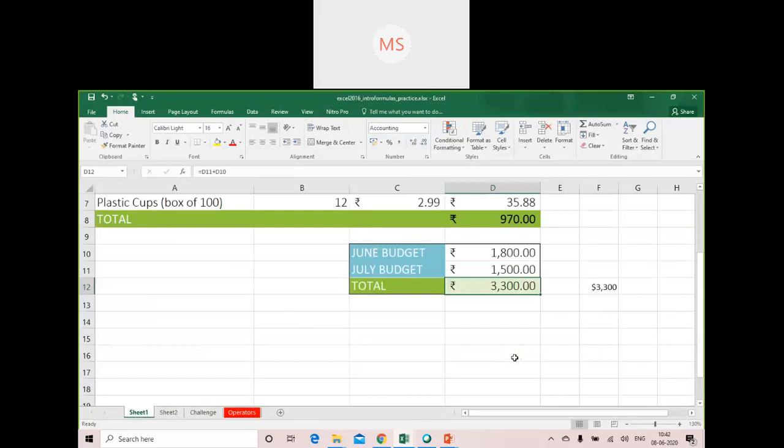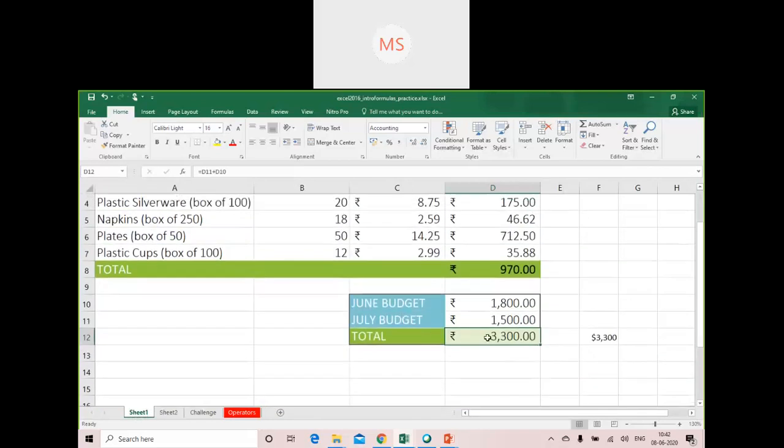Now here's a quick example. Say you have calculated a budget for June and July. In June the budget was a total of rupees 1800, and in July it has become 1500. So their total is 3300.